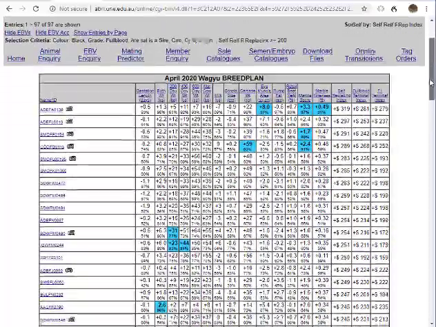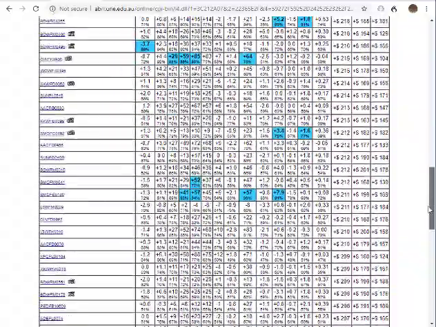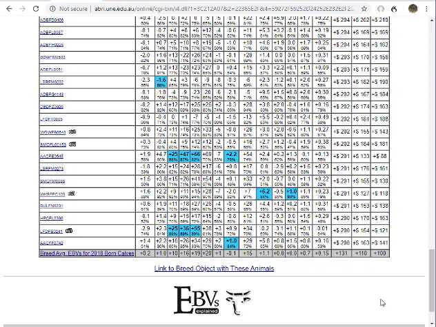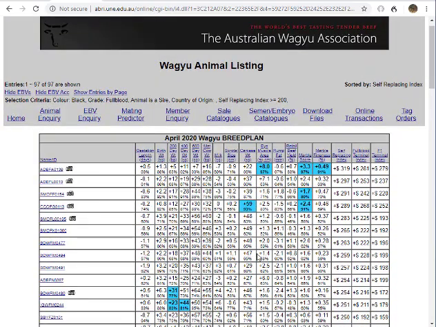So if we scroll down here, you can see that it's showing all of the animals at the same time. This is handy to do it this way because now you can select all of these animals and put that into a spreadsheet, and you can start to search and select them. You can also hide the EBV accuracies, and you can also hide the EBVs. So for instance, if you don't want to see all of the accuracies, and especially if you want to work in a spreadsheet with it, sometimes it's easier to just hide the EBV accuracies